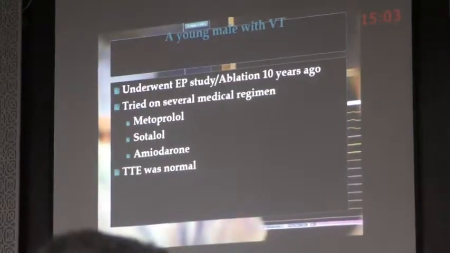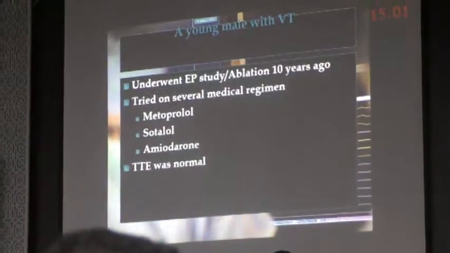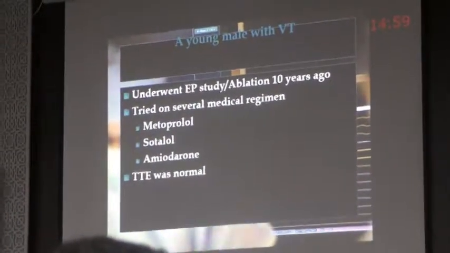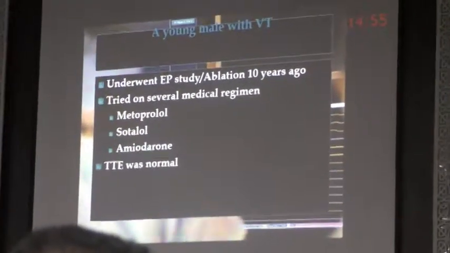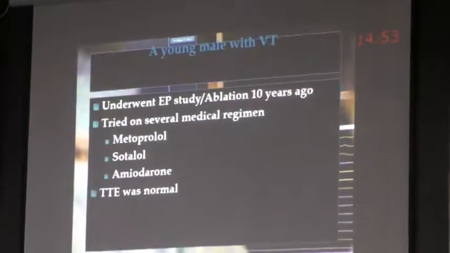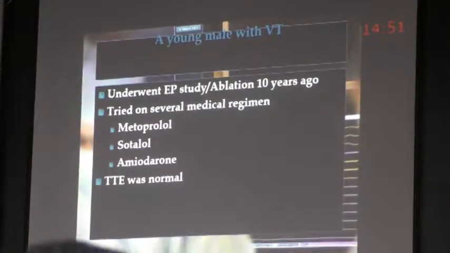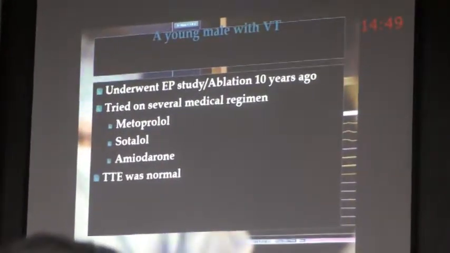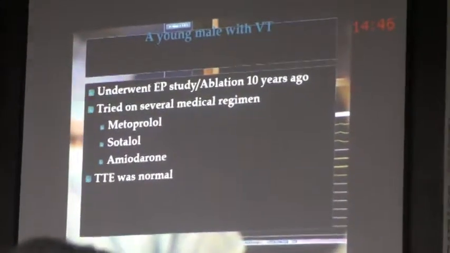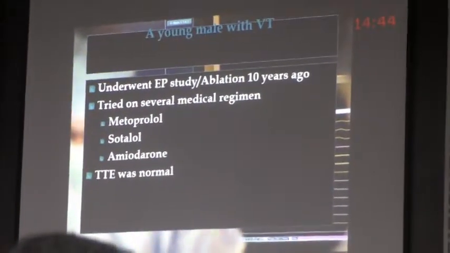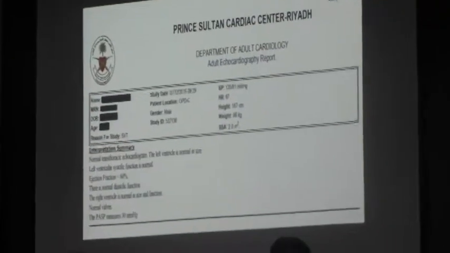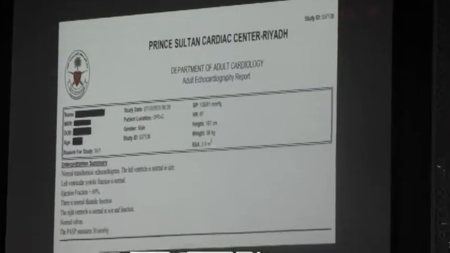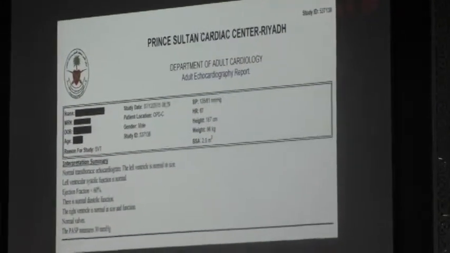So the patient underwent an EP study in the past, more than 2 years before this presentation, and he had an ablation which doesn't seem to have been successful, and he has been tried on several medications, including beta blocker, sotalol, amiodarone, with no effect, and his echo has been reported to be normal. So we repeated the echo in our center. Again, the ejection fraction is 60%, and the RV is apparently normal in echo, and there was no abnormality